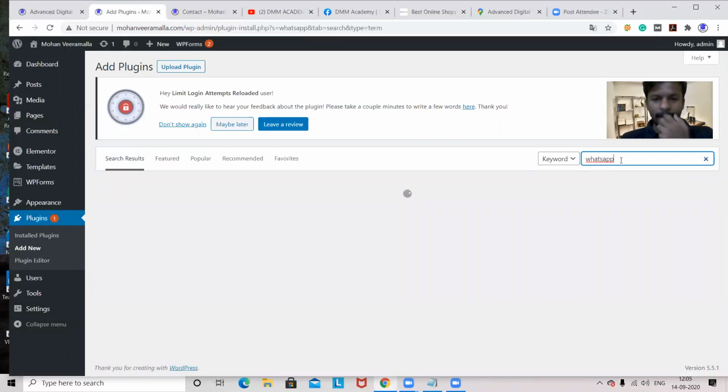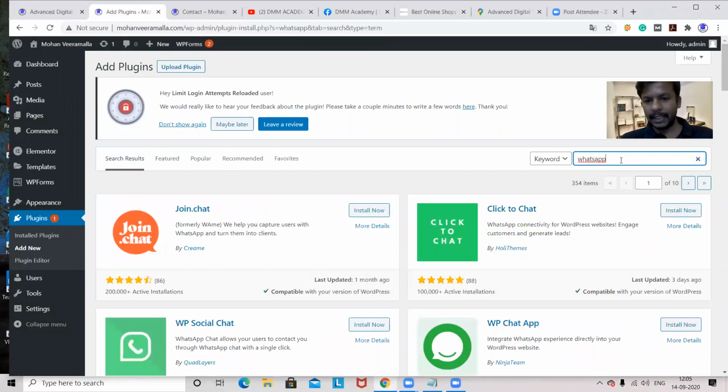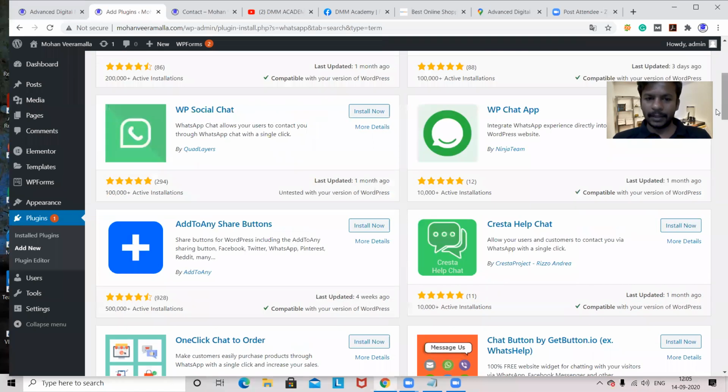Now it will show me different kinds of plugins. According to that, I'll be selecting whichever plugin will be good, or I should analyze. Think about what will happen if you install a plugin without a tick mark. Sometimes it will work for a certain period, and after that it will give an error. It will corrupt the remaining plugins also. It will corrupt your theme also.